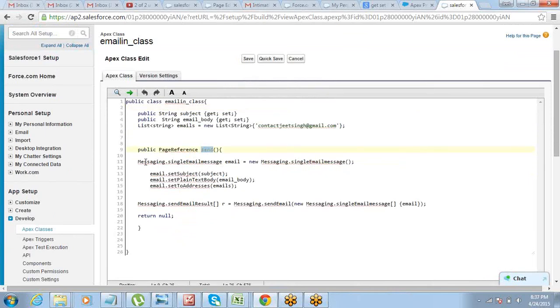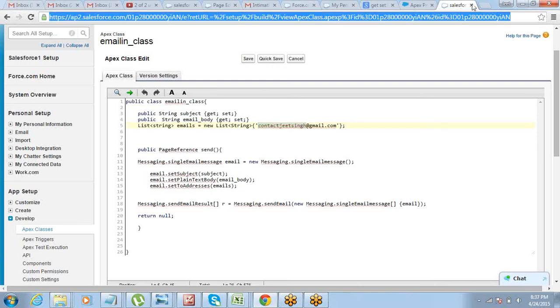And in that method we have used this messaging class, and through using messaging class I've defined the subject line, body, and to address. I've set these three things for the email, and I've also defined another method from the messaging class to send the mail, which will actually send the email. That's it. And to address, as of now it's a static to address, which is contact Jeet Singh. Subject and email will be provided by us on the Visual Force page. That is it. Now let's go into the Visual Force page, create the page.